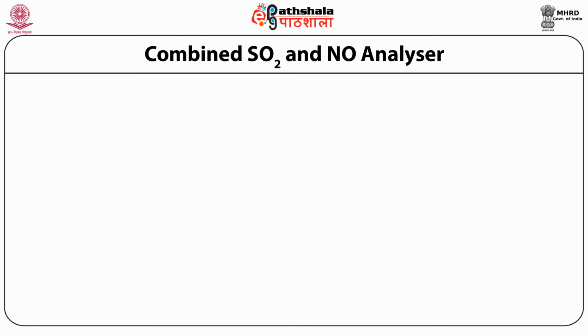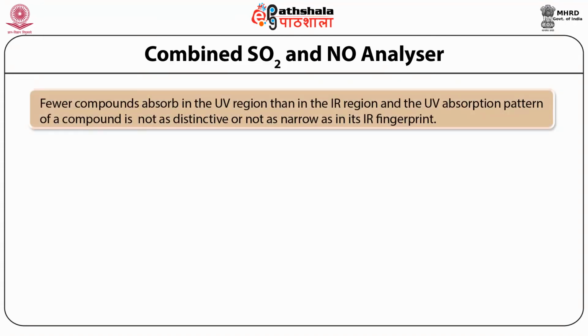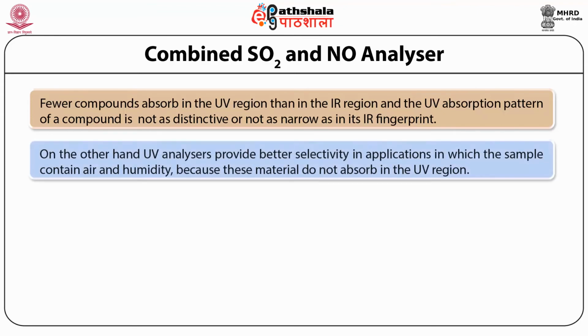Here we are discussing the combined sulfur dioxide and nitric oxide analyzer. Fewer compounds absorb in the UV region than in the IR, meaning the infrared region, and the UV absorption pattern of a compound is not as distinctive or as narrow as its IR fingerprint. On the other hand, UV analyzers provide better selectivity in applications in which the sample contains air and humidity